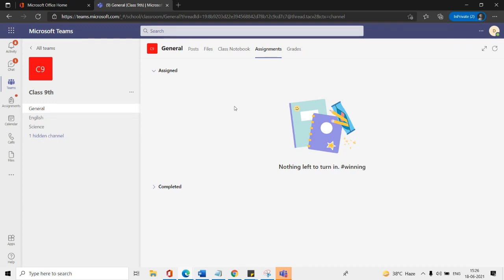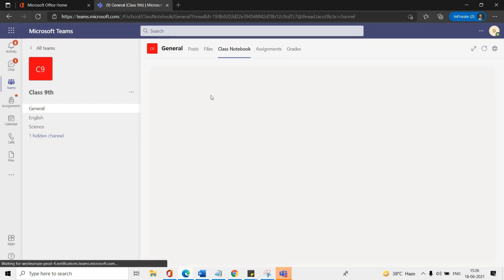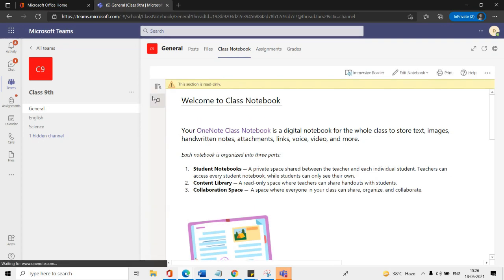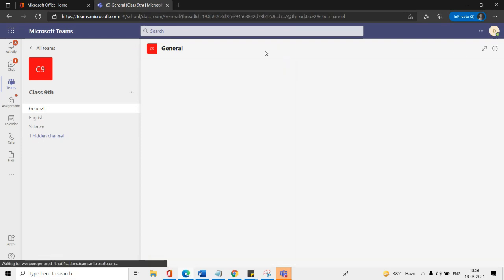So do they submit their work in class notebook, or do they submit it here in assignment only? Ma'am, it depends upon the faculty. Let's suppose the faculty is using the assignment part to share the question paper with the student, then they can go to the assignment. If the faculty chooses class notebook to share the homework, then they can go to the class notebook, find it in the folder and upload the work. So there are two ways to share the question paper: one is called assignment and one is called class notebook. It is the faculty's choice. If they share it on the assignment, then the student should follow assignment; otherwise the student should follow class notebook.